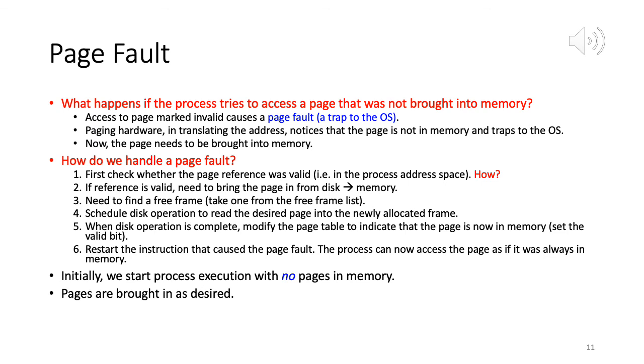We declare the valid invalid bit as valid, which means we can set it at 1 now, and we also modify the page table entry for that page, to show that this particular page maps to this particular frame. So the P part of the virtual address corresponds to the F part of the physical address. Okay, so to keep it simple, say that page 10 maps to frame 50. Just an example.